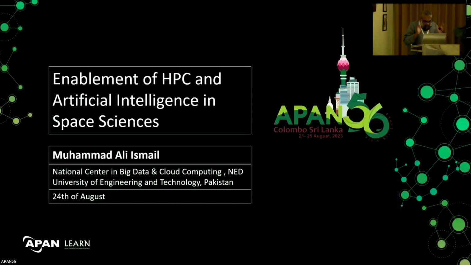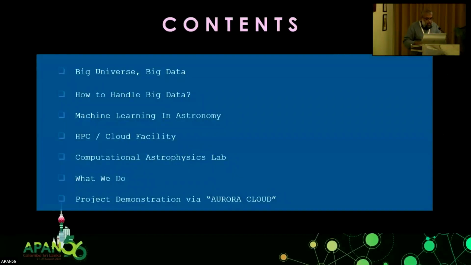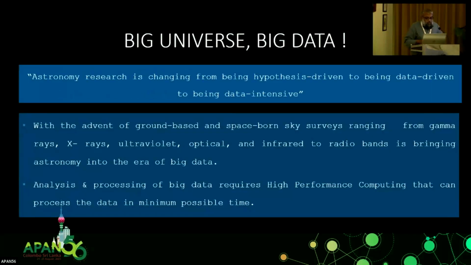So it's just a bird's eye view of how we can integrate high performance computing, because obviously, for the last 3 days, we have been hearing about the importance of AI and the importance of HPC. There are a number of fields where it can be applied, including finance, simulation, and medicine. Besides those, it's also important that they be included in astrophysics, astronomical science, and the computational sciences. That's why I'm here to present how we can do it. So starting with the contents, what we are going to cover, short of time, and just coming to the